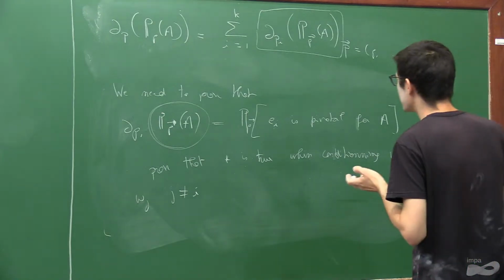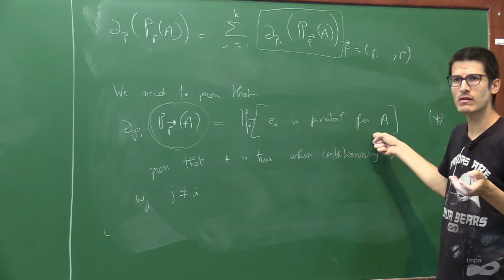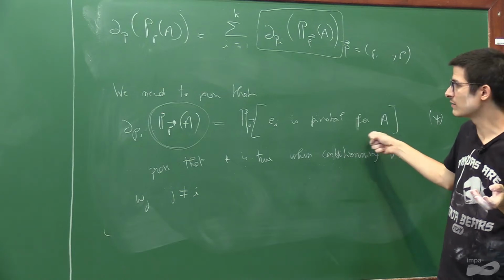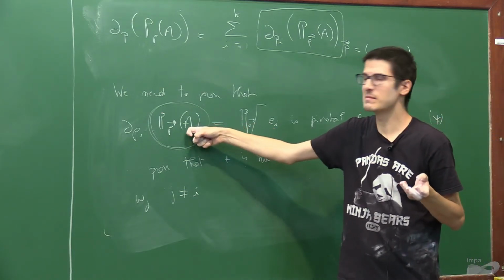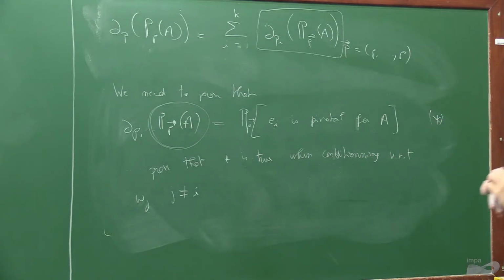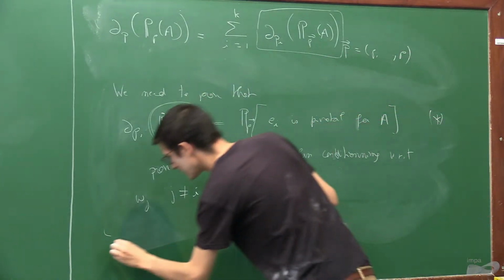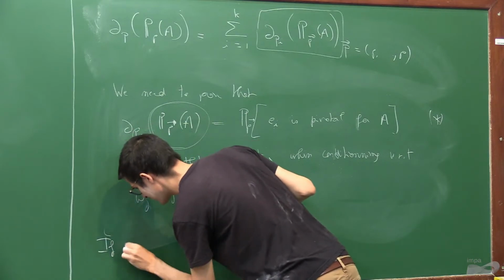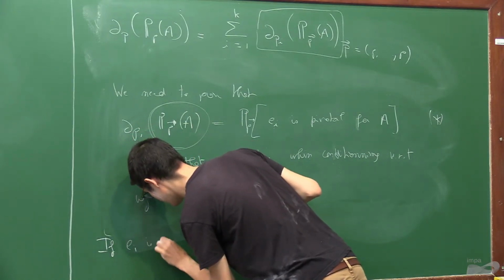So either e_i is pivotal, in which case A will be satisfied when